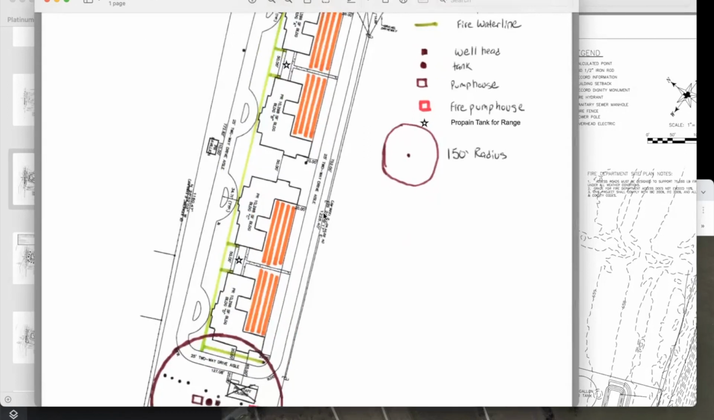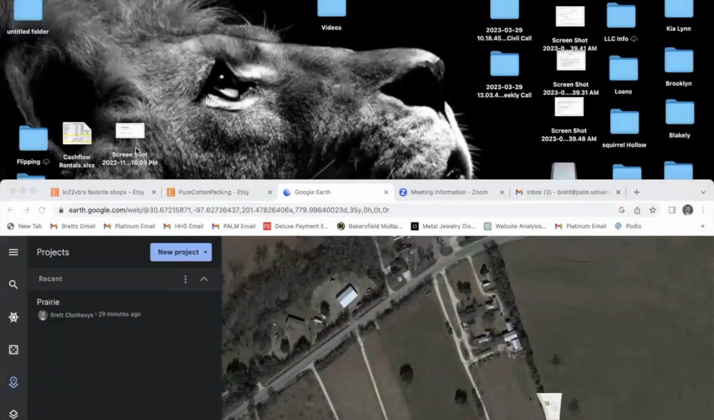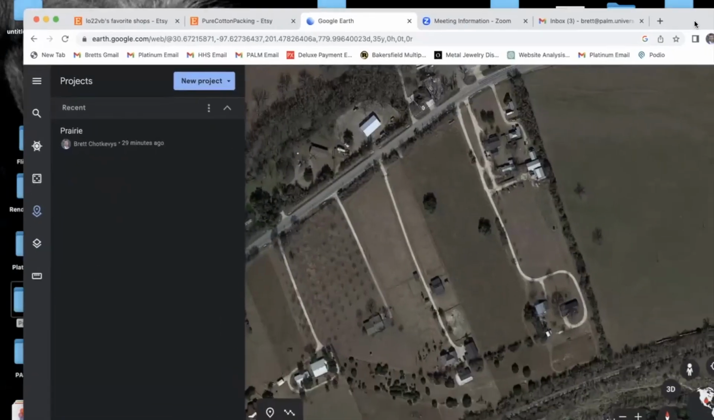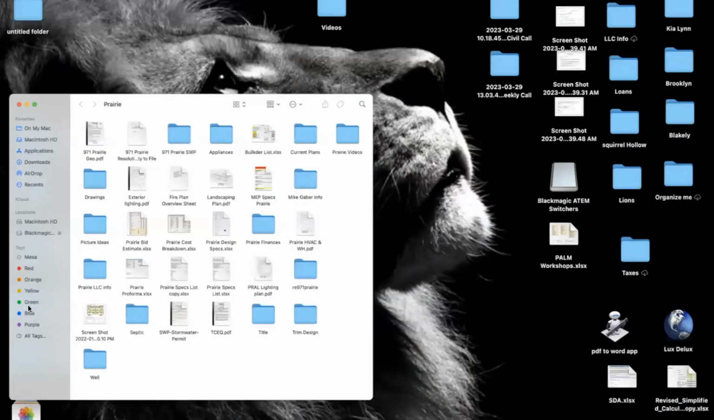The other thing I wanted to mention is the different studies you have to do. So we had to do a geological study, and the city required it, I believe, as part of their stormwater permit. And it was checking